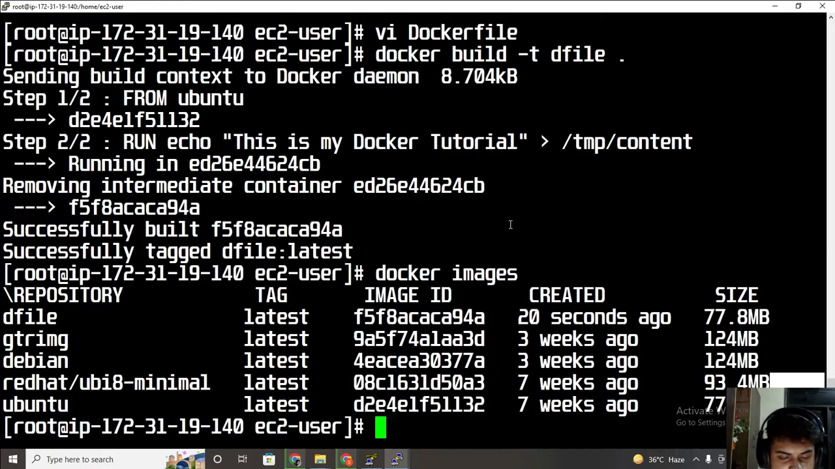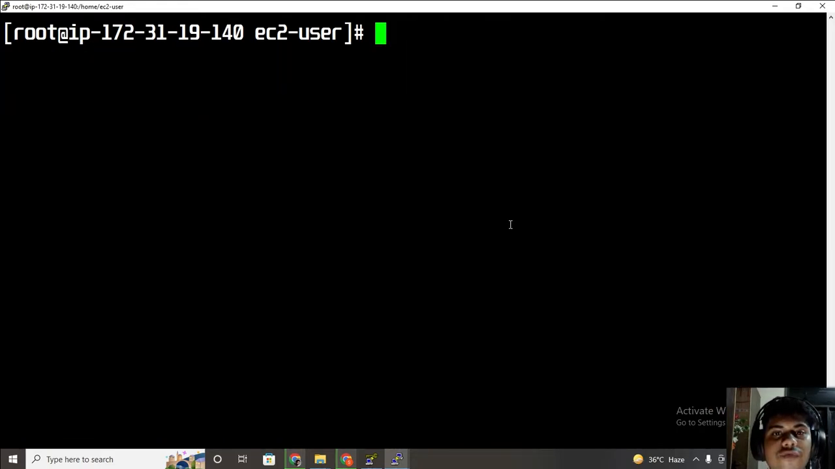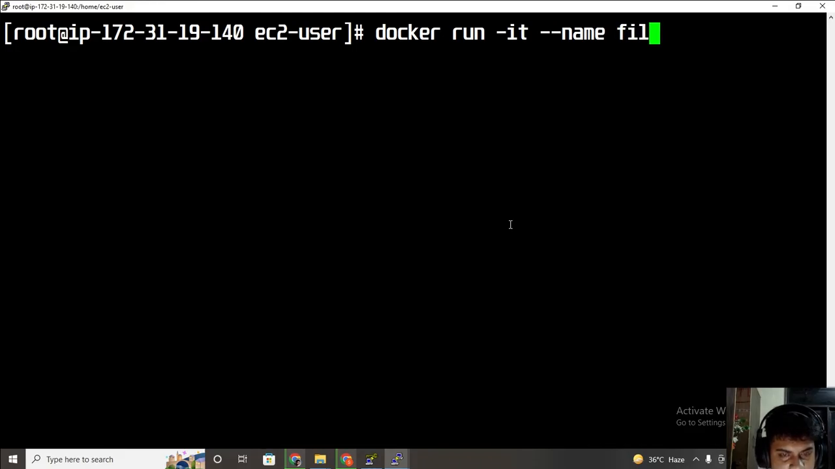Now it's time to create a container from that image. How to do that? You all know the command is very simple. Docker run -it -name, to give the name which you want to give. I want to give the name docker file. Let me write docker file. Now you have to write here after giving a space